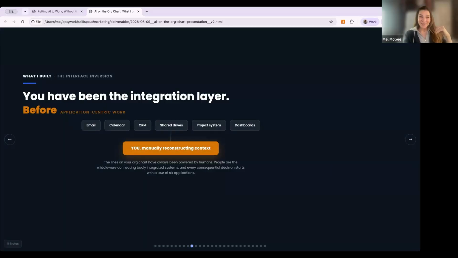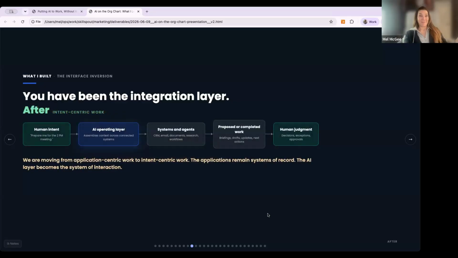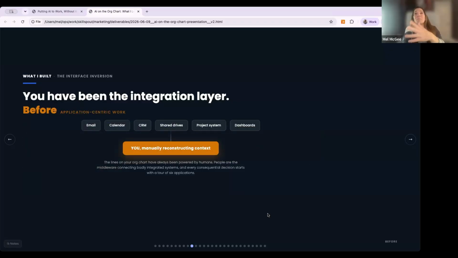An uncomfortable truth here is that you have been the integration layer in this whole process for the last X years of your career. You are the middleware between systems that don't talk to each other. And every decision started with a tour of a whole bunch of apps. And here's the inversion. Now, instead of me looking at email and HubSpot, for example, calendar, a CRM, all of this stuff before I jump on a meeting,